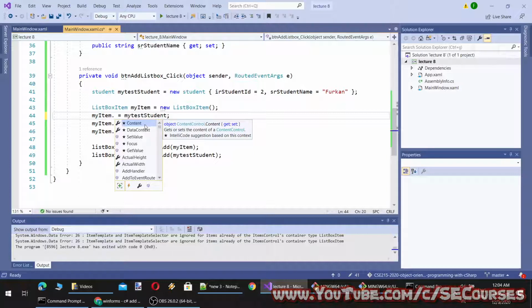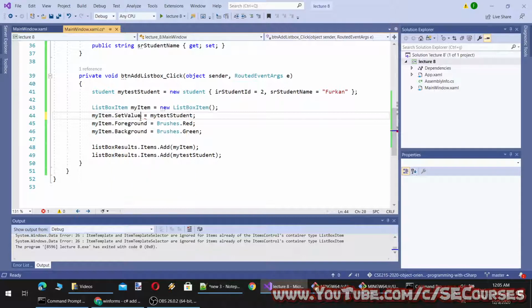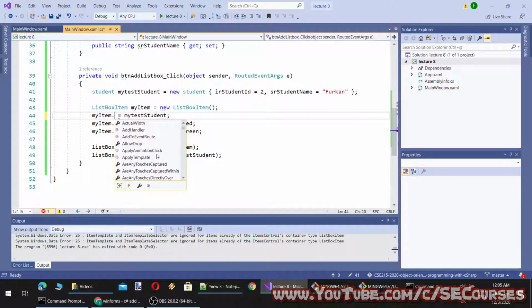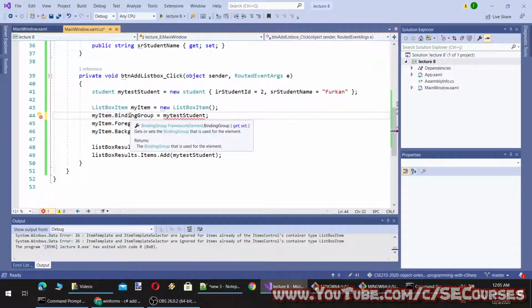So there is Content, DataContext, set value, maybe this one. Oh, not this one. Hmm.